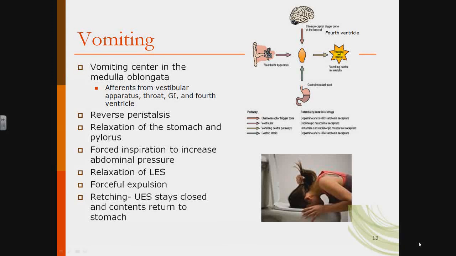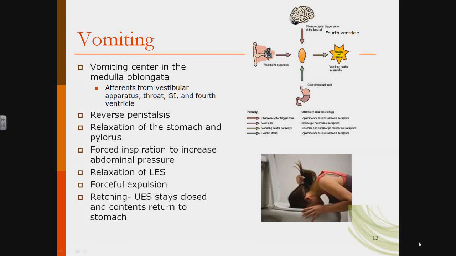I'd like to now talk to you about a special kind of gut motility called vomiting. Now, it is an evolutionary fact that when you see someone vomit or hear them starting to retch or even smell vomit, you almost feel like you need to vomit as well. I'm sure you've all had that experience.